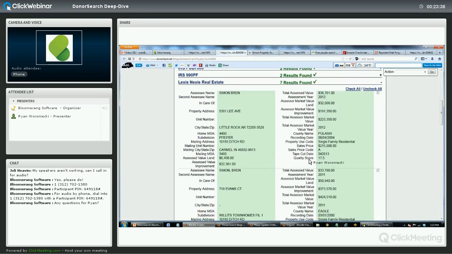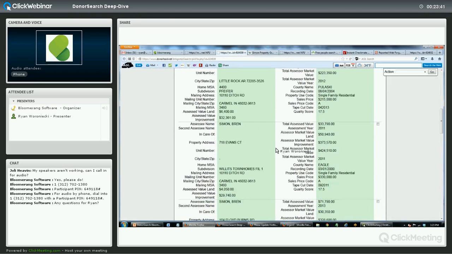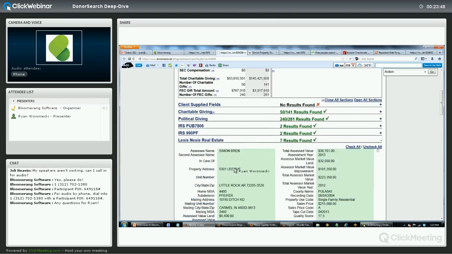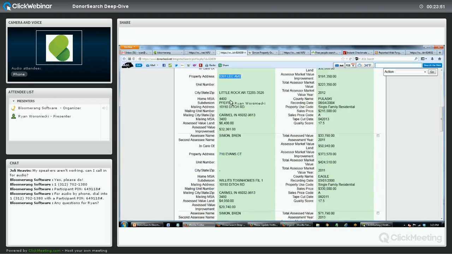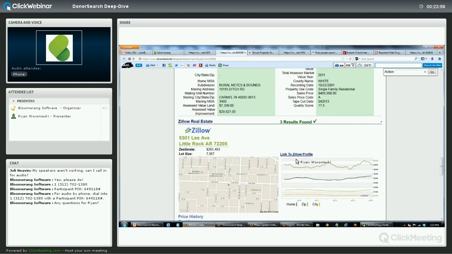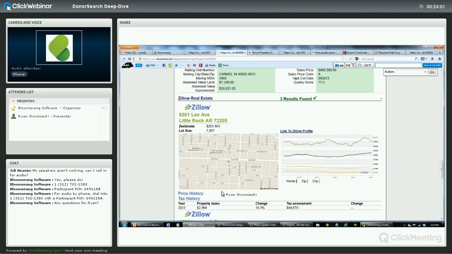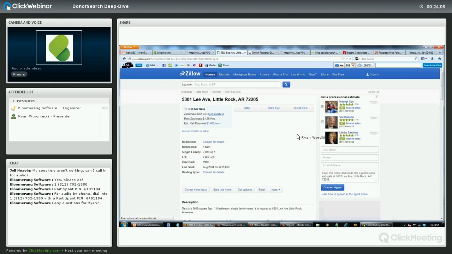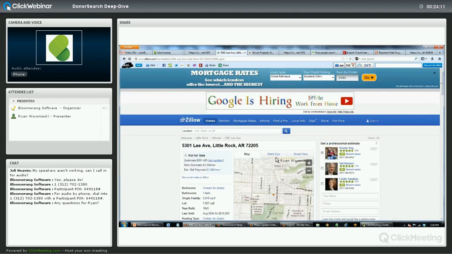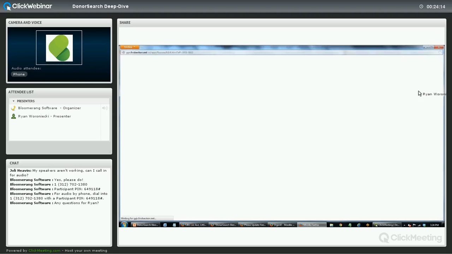So these are the individual site matches where we found them linked to the address that we put in. So they pay taxes from 110 Ditch Road on this address, 5301 Lee Avenue in Little Rock, Arkansas. In fact, what we do from there is we actually run anything we get a full address for in Zillow. So if you want to know more about that property he has in Little Rock, Arkansas, I click this, it'll take me to the overview. Over here, the map's going to load, and if I want to see even more,